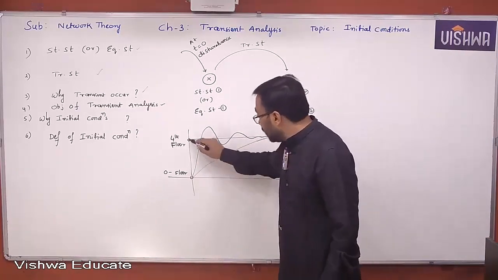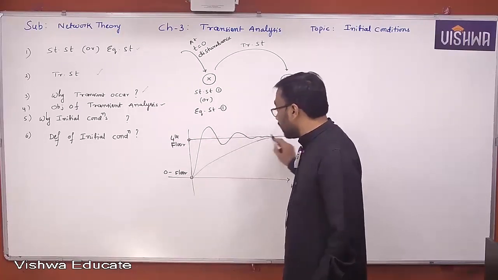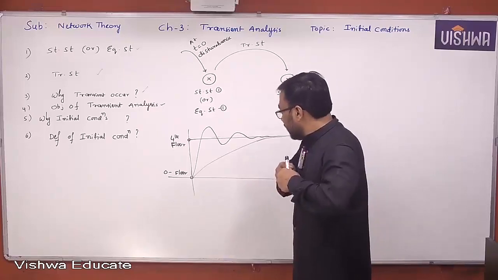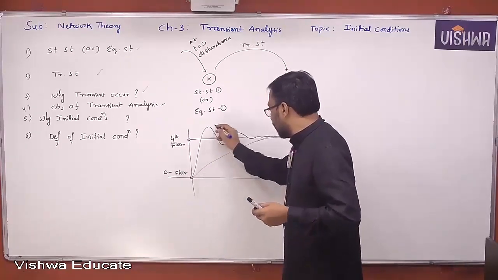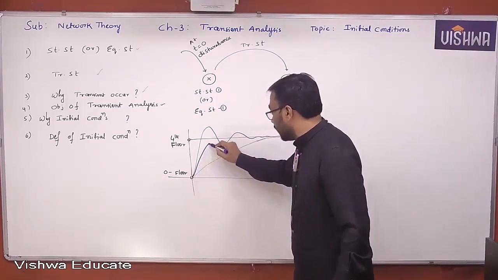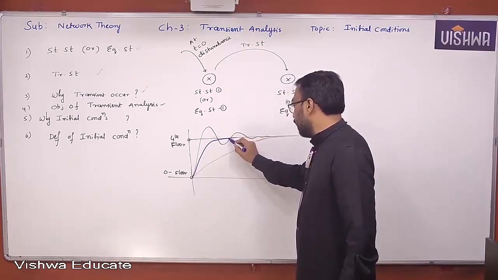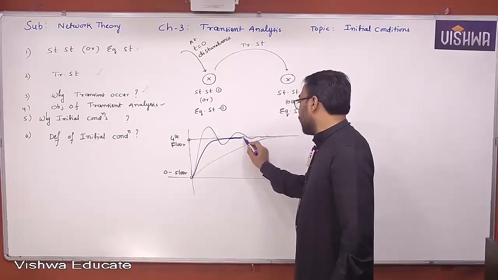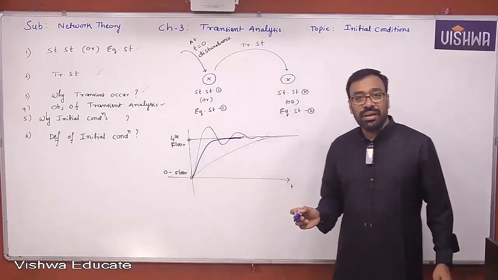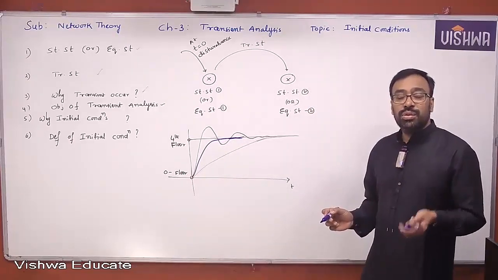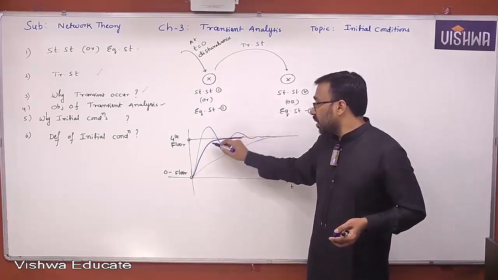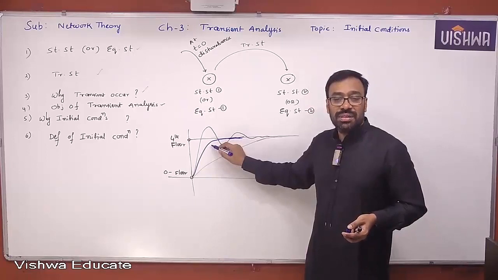The sudden response is also not a desired response. Definitely not. And this response is also not a desired response. But what is the desired response? Hopefully, you will definitely love the response where you reach the fourth floor with a reasonable amount of delay. Yes or no, all of you? In control systems, you generally study this as the overdamped response, this as an underdamped response, and this as a critically damped response. Understand, all of you?